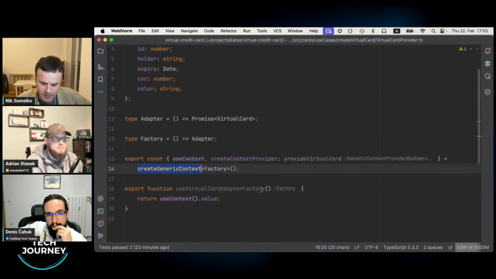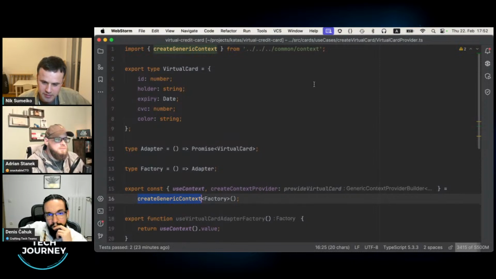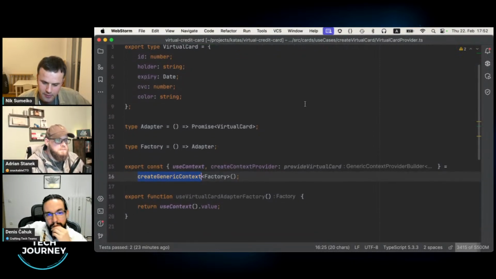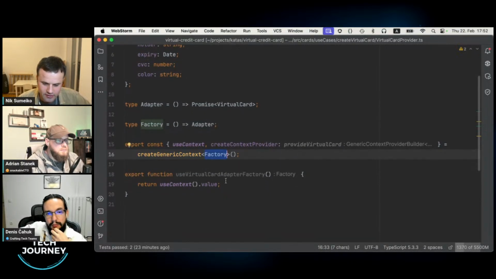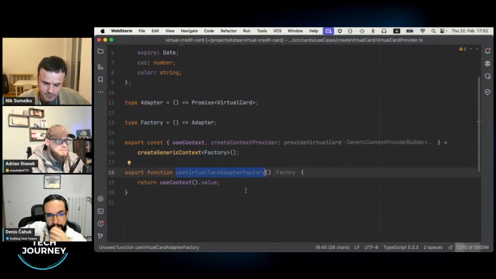Here is some magic that my type safe context wrapper provides. I use it by passing some factory in, and I create a hook here, which takes the value that we will plug into the context. It will take it from the React context API.